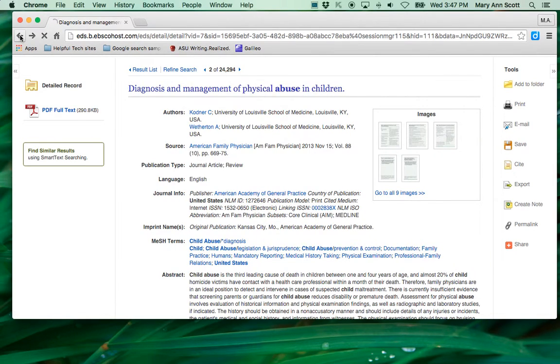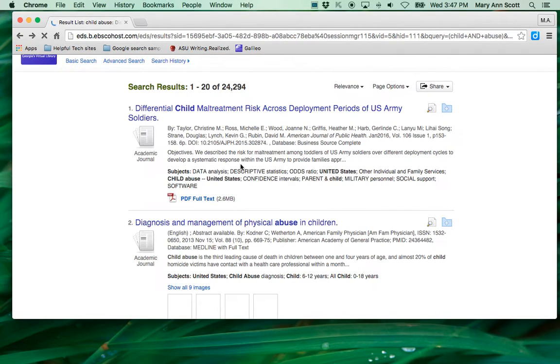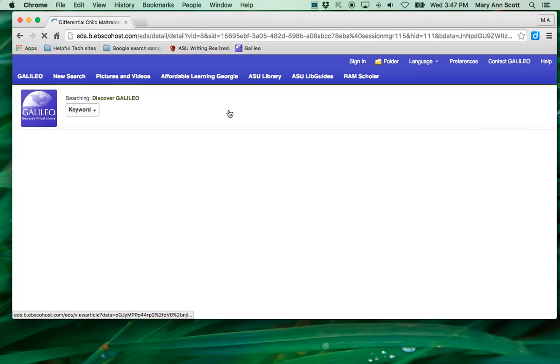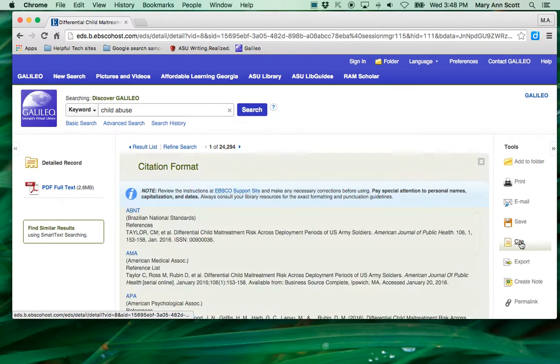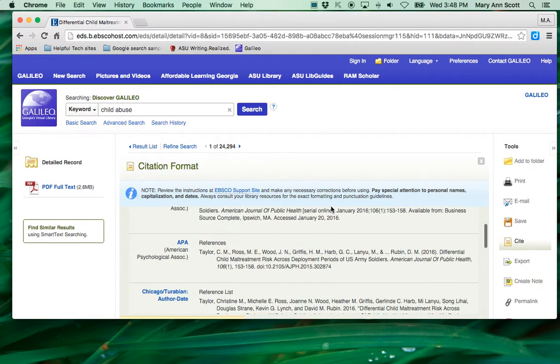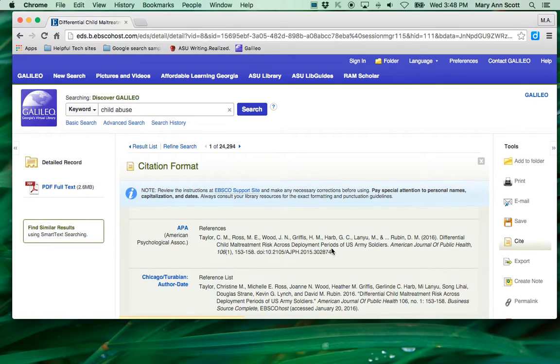So let me go back. I'll show you the other one that was done incorrectly. If I click on this one and I go to cite it, you'll notice just like the entry looked, the title of it in the APA reference here, see how all the major words are capitalized? That's incorrect for APA style. Only the D should be capitalized here, and US. Other than that, it should be just the D and the US capitalized there. So just look out for those sorts of things.